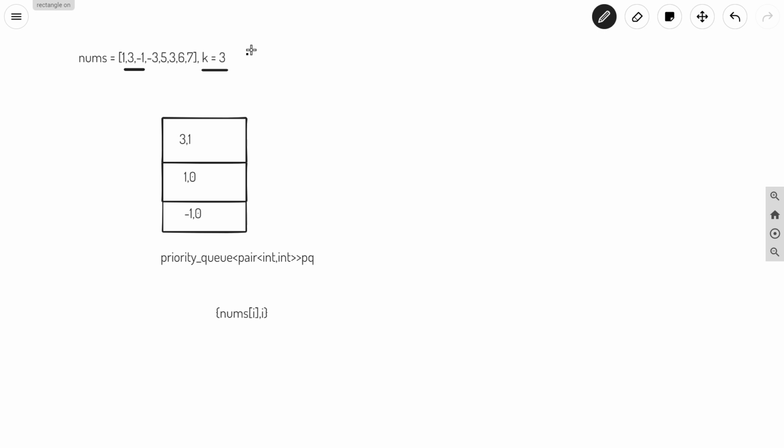After that, the window is moving further. You can see that 3, -1 and -3 are with us. So we have to add this number -3 also to the priority queue.